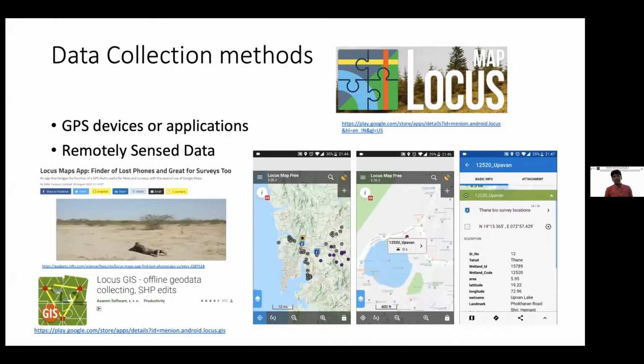Okay, to start with data collection methods, this is my go-to software if you're using Android. Locus Map is the go-to software where you can load all your shape files or GPS data and visualize it on, say, Google Earth maps or any kind of background map that you have. In addition to that, you can also map your locations. You can add photographs of your locations onto the map itself. It's extremely dynamic and very fast to use, so I often use this on my field visits.